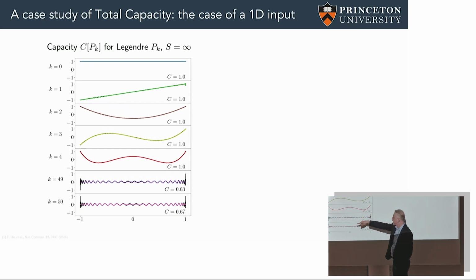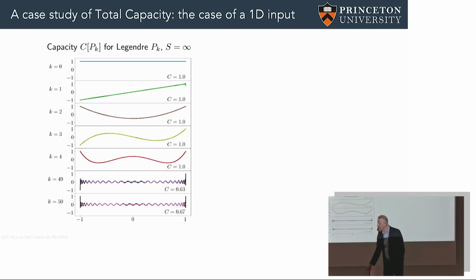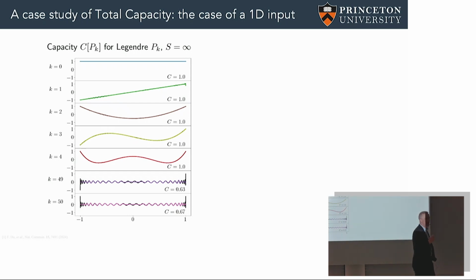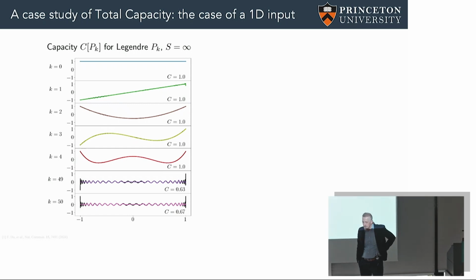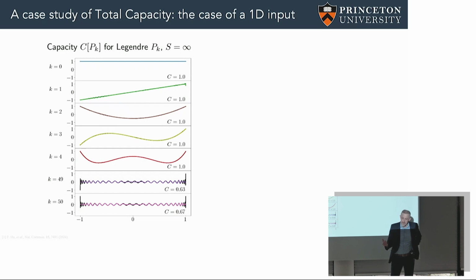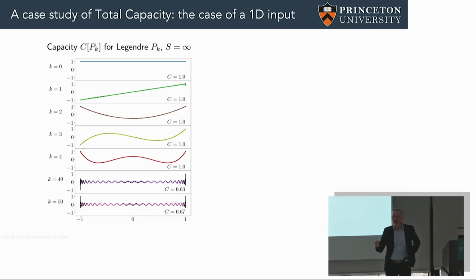There's a break here, right? That's 49, 50. I show you the fits, and the fits are pretty close for low orders, but it gets worse for higher orders. Now the magic is, if I sum this up to infinity, it's going to be the number of independent variables of that physical system that tries to approximate this function. Now it's interesting that this limit, the total capacity limit, turns out to be the same for any physical system. Yeah, any physical system with the same number of independent measured features has the same capacity,